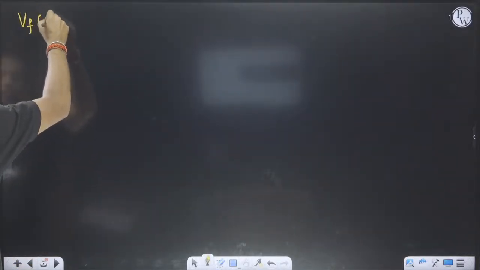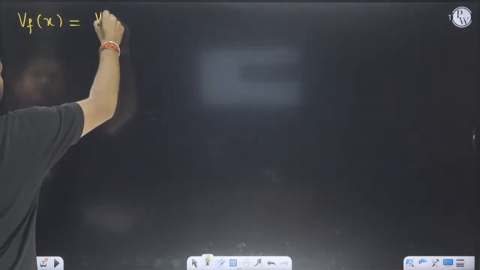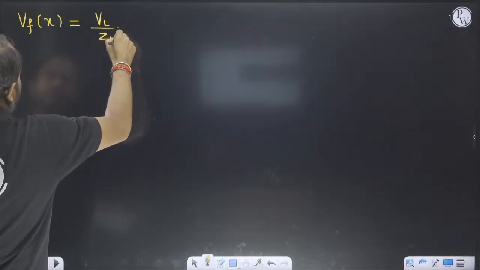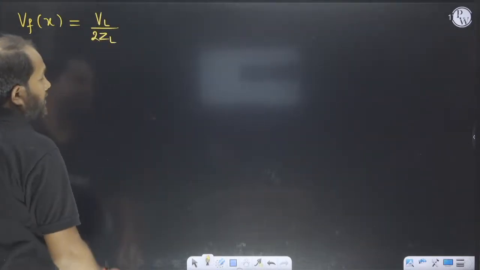what is the formula for IFX, what is the formula for VFX, what is the formula for IX. Don't remember these formulas. I am saying, always, don't remember these formulas. If you are going to remember them, you will not get benefited. It is only for understanding purposes. So VL by 2ZL,